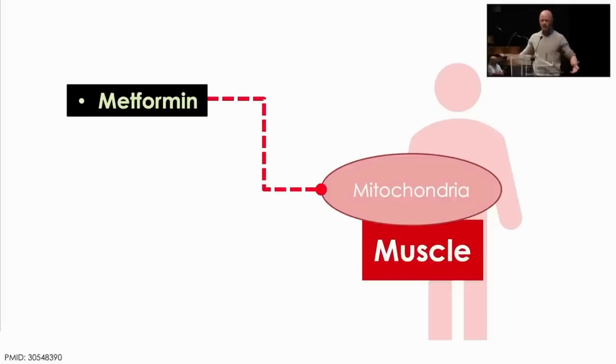That's a problem. The muscle has a high metabolic demand. And if we begin damaging the mitochondria, damaging may be a strong word, if we begin slowing down the function or compromising the function of the mitochondria, there are consequences.